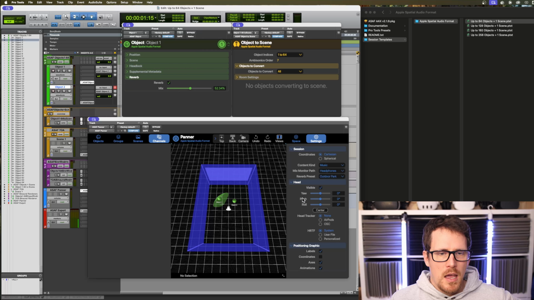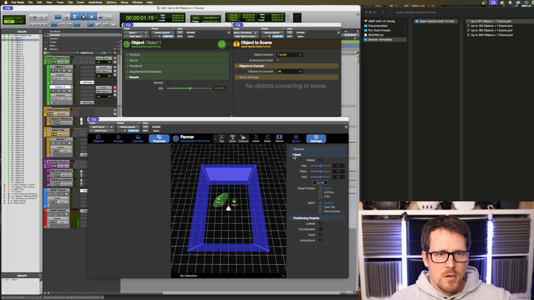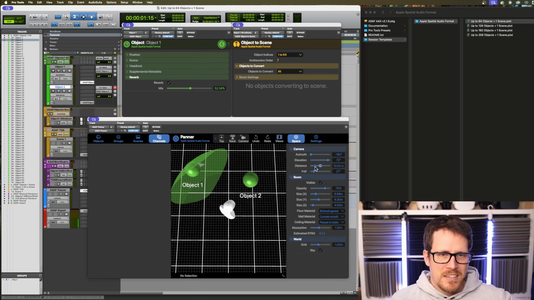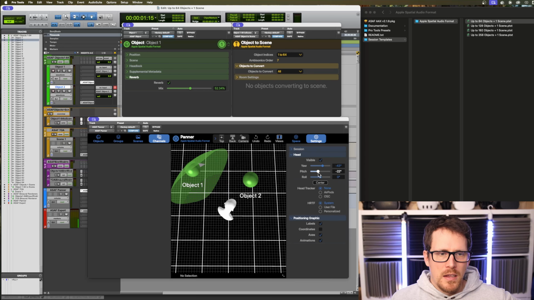So this is the session overview, and then we have the head. You can guess, you will be able to turn your head. Let me just zoom in more so that we see it even better. And you can tilt your head and move your head and do whatnot. You can also switch it off if you want and center it again. And this is where it gets interesting.